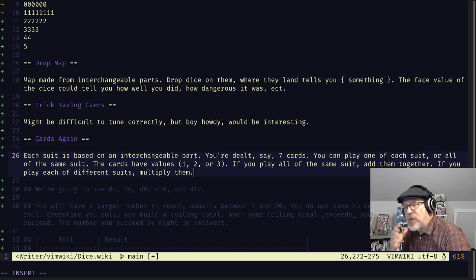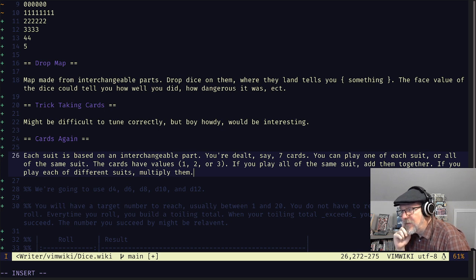And you wouldn't need all 5 suits to do it. You might find yourself in a position where you're trying to decide if you want to play out. You only have 2 different suits, so you're going to pick a card from each of those suits, and maybe you have a 2 and a 3, so that adds up to 6. But then let's say you actually have a 2, 2, and a 3 of one of your suits. So you could have gone 7 if you went with all of them.